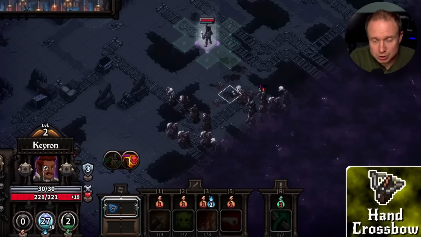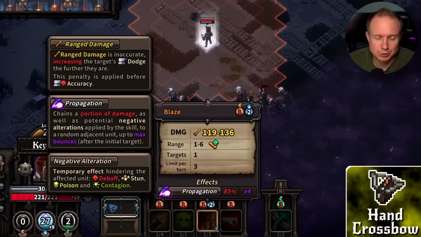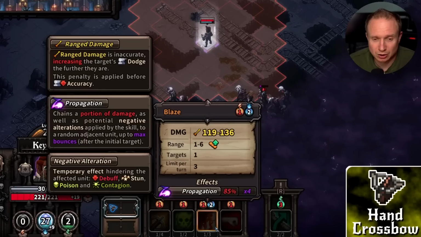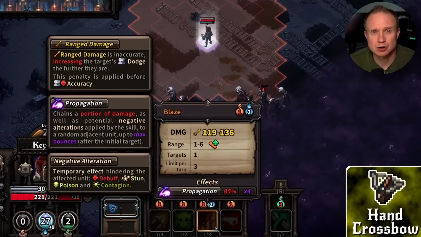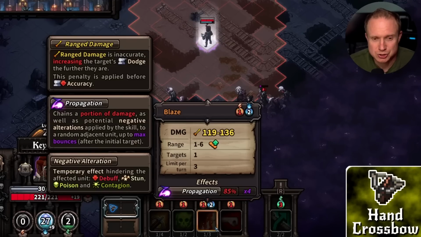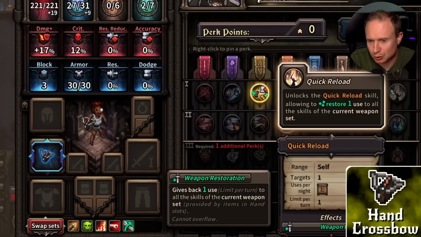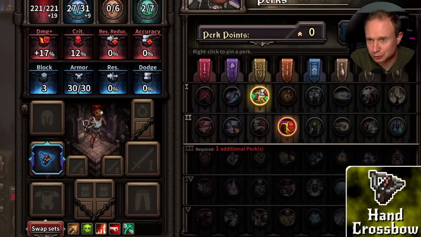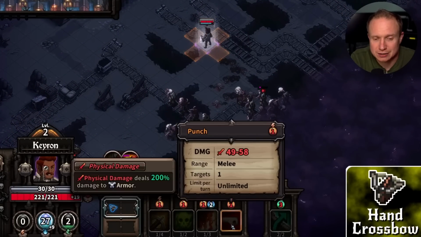So the hand crossbow is very strong. Blaze in particular scales well off of propagation and becomes very, very strong. It hits exceptionally hard, and if you start to build a lot of crit and damage, Blaze is going to be wiping out entire columns of enemies. Additionally, if you have the perk volatile reaction, which we do not have here, you're going to find that Blaze